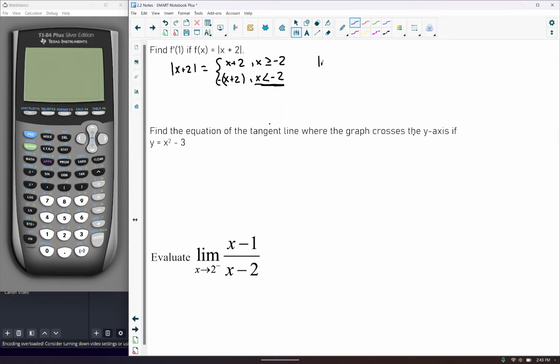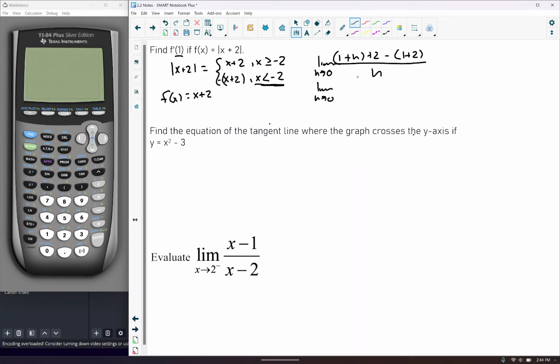So we want the limit as h approaches 0 of the function we're using. Since we're at 1, that is greater than -2, so we are using x plus 2. So we have 1 plus h plus 2 minus 1 plus 2, over h. Limit as h approaches 0 of, that's going to be 3 minus 3, that's h over h, that's equal to